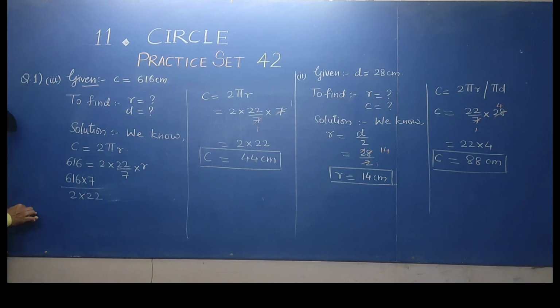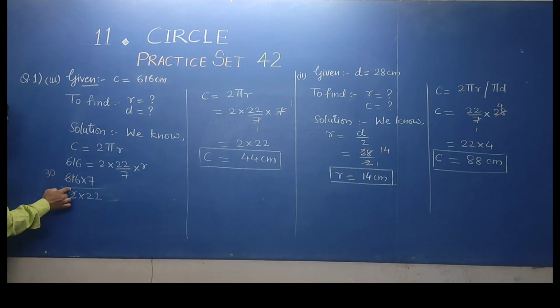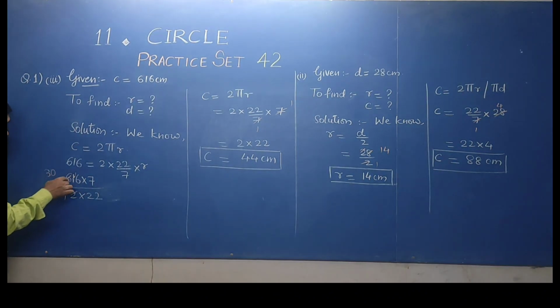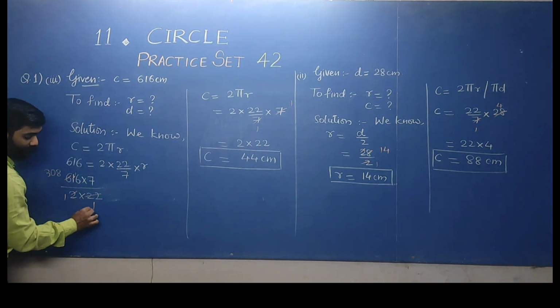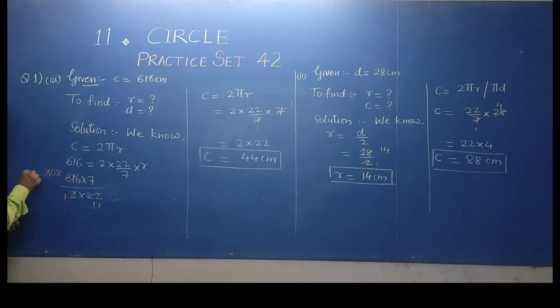So we'll cut. 2 ones are 2, 2 threes are 6, 2 zeros are 0, 1 is less than 2, that's why we are taking zero. 1 is getting carried forward. 2 eights are 16. Again I am taking the table of 2. 2 ones are 2, 2 ones are 2, 2 ones are 2, 1 is remaining, 10. So 2 fives are 10. Nothing is remaining, nothing carrying forward. 8 is there. 2 fours are 8.